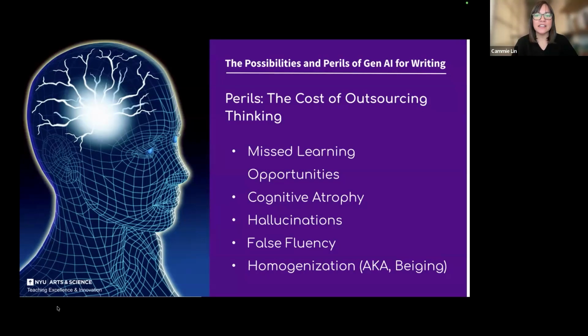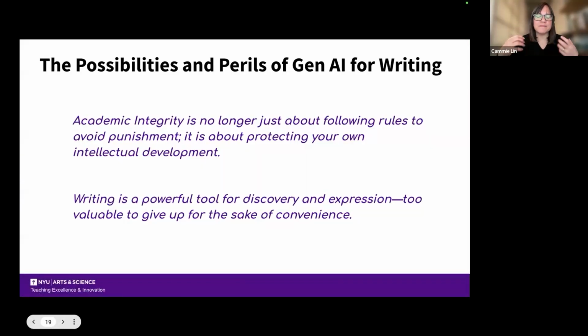And then finally, I end by wrapping it up, coming back to this idea of mapping and really trying to hammer home the idea that academic integrity is not just about following rules to avoid punishment anymore. It's really about protecting your own intellectual development, which I think most students understand, but engaging the conversation about it is important. And then I'll just close by reading the last couple of lines in the draft, at least, which read: